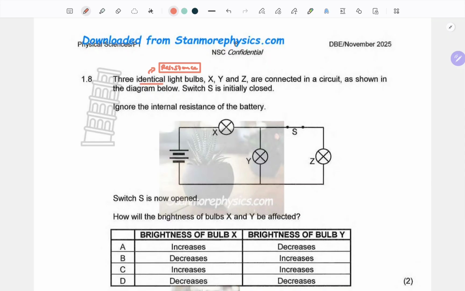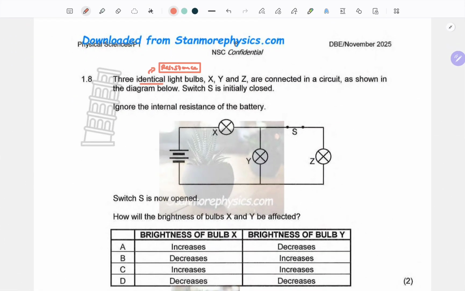energy dissipation. Or should we say, if these are light bulbs, they may not really be of the same brightness. And then, right, now we're told X, Y, and Z are connected in a circuit as shown in the diagram. We are told that initially